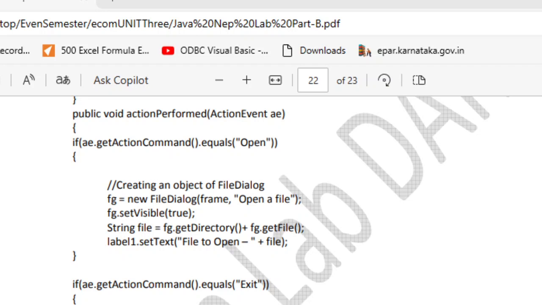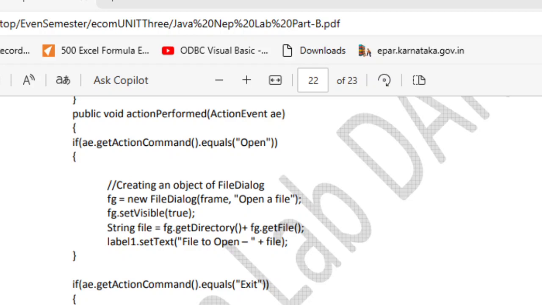Whenever you click on open, whether it's inside Notepad or a Word or any window based applications, it opens a dialog box called open dialog box. Whenever you click on save or save as, it opens a dialog box called save or save as dialog box. Here we have file dialog